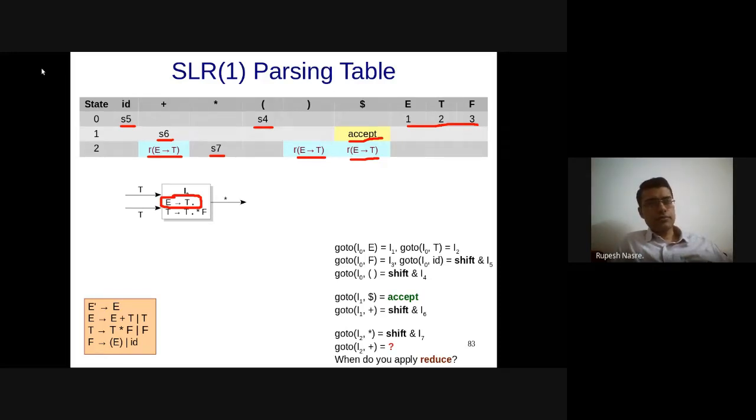Suggestions? Why do I have the reduce? So this means that I am going to reduce by applying this particular production. So why is there this particular reduce only for certain terminals? There won't be a reduce on the non-terminals, but nor will there be a shift. But why am I not having it for all the terminals and only for some of the terminals? Where are these terminals coming from?